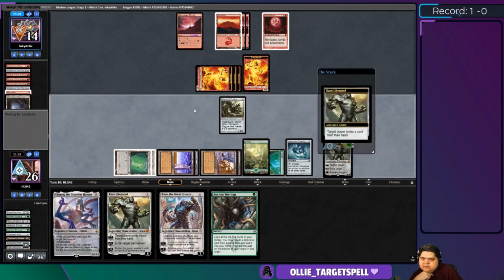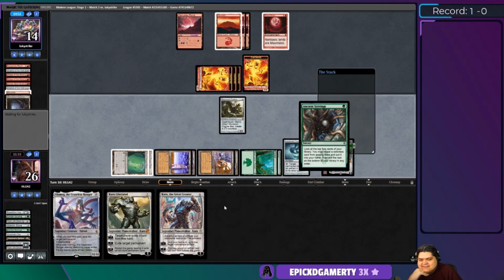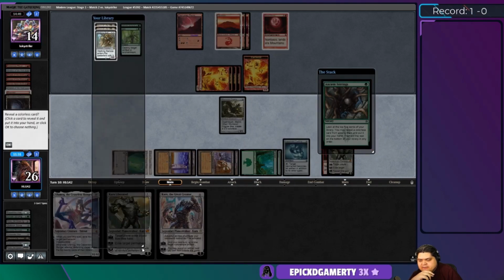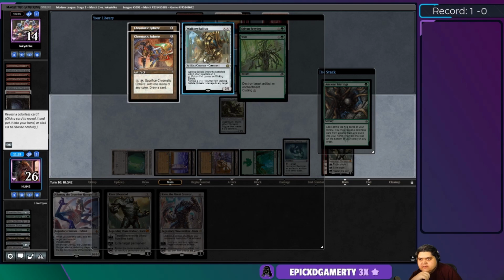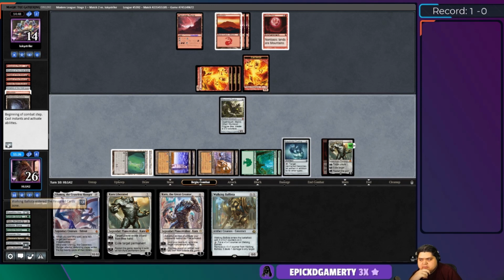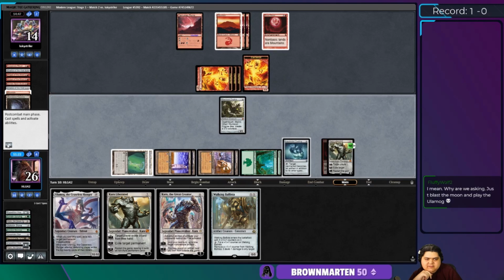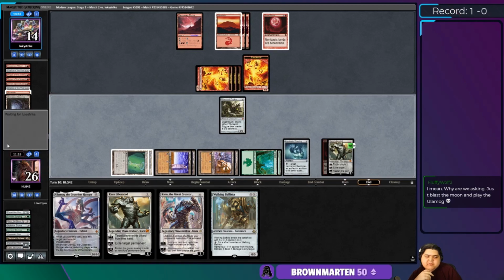Uptick once. Blood Moon. Okay. And now we'll search our top 5. Find a Ballista. That'll be fine. And we hold back here. Well, we couldn't do both. I mean, next turn is definitely